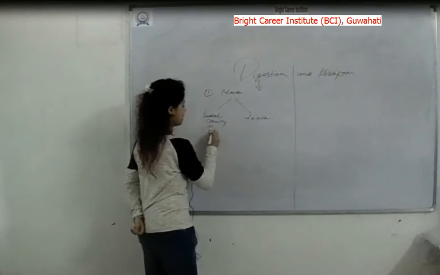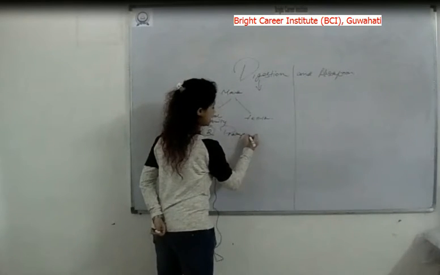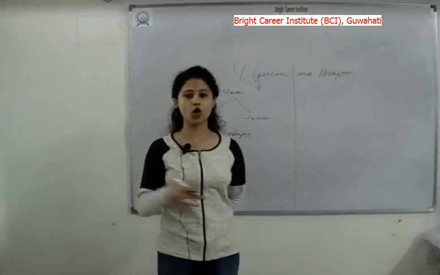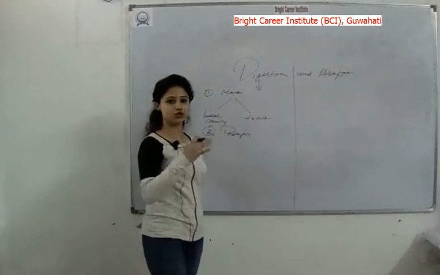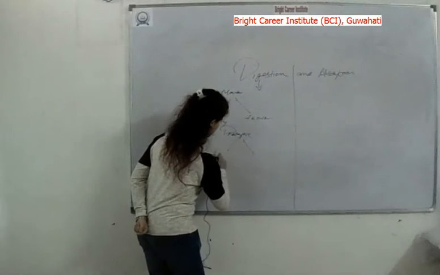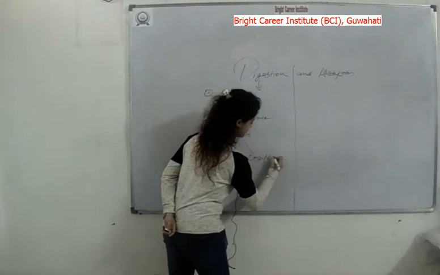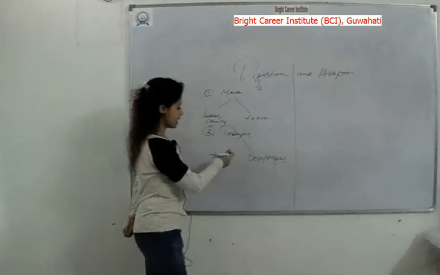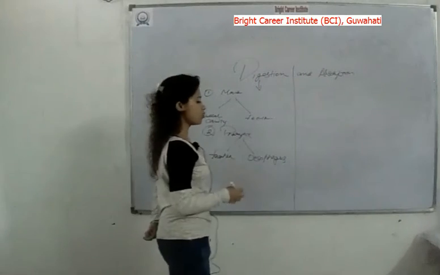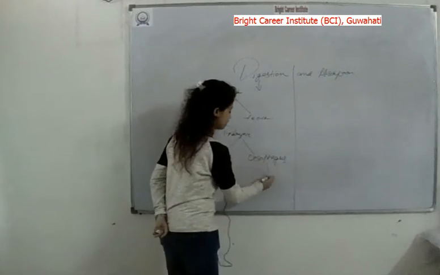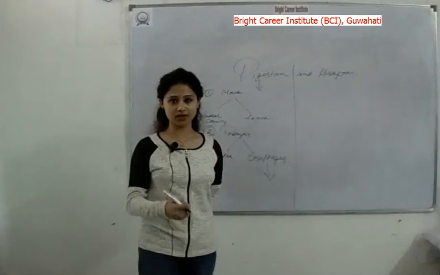Alright, now after the teeth we have the pharynx. Pharynx serves as a common passage for both food and air. Now the pharynx is divided into two parts, that is the trachea and the esophagus. Trachea is basically for the movement of air, it serves as the windpipe. Now what our concern is, is the esophagus. After the esophagus it comes down to our stomach.